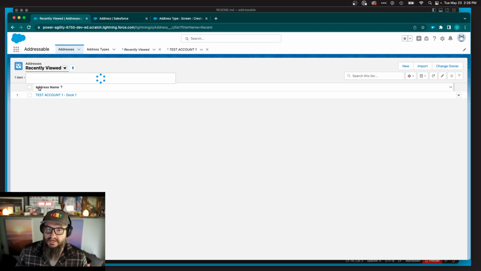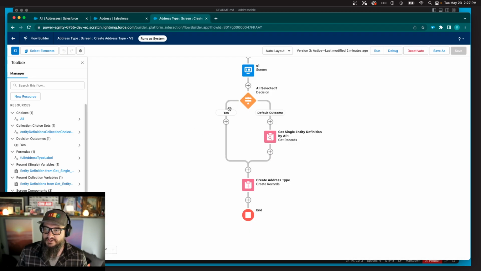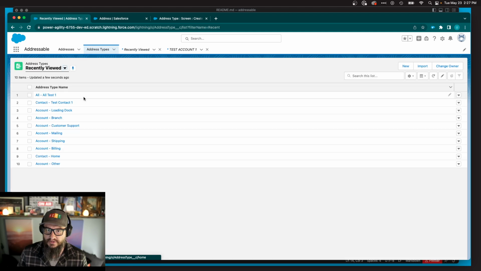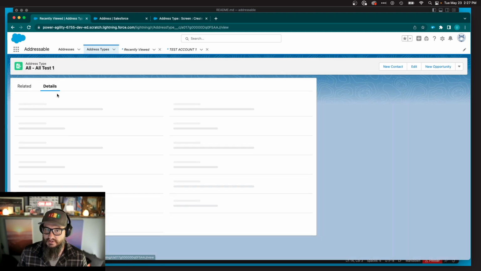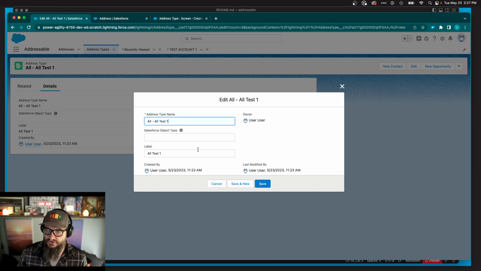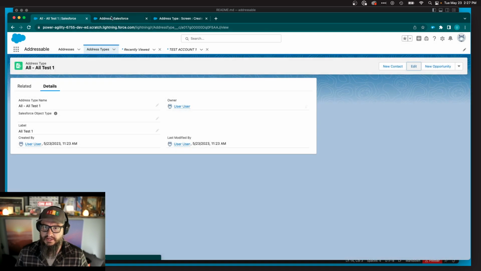So okay, we have address type. That seems pretty good. We probably need an edit function here because I don't think we have, when we go to edit one of these, we're just jumping into this view. Not a bad thing, but maybe we want to go right back through the new function. We could also do something like create address type for account, but I don't think we have to go there just yet. So let's go to our account